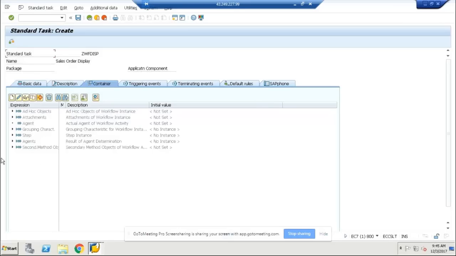Please remember this point, because when we create a workflow, there also we have a different container. Okay, so that container is for workflow. So here we have a container. This is a container for this task. Okay, so in this also I need to create parameters, like I need a sales document number. So I'm going to create again